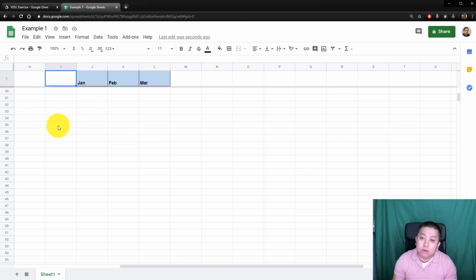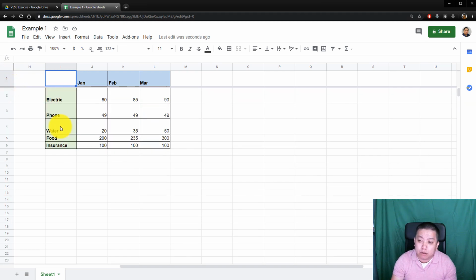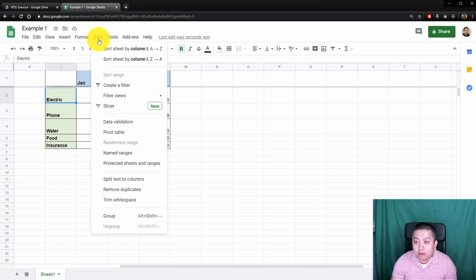Okay, so that's what it means by freezing a row. So in order to sort, I would need to freeze row 1 first, and then now I can sort. So I want to sort my bills by alphabetical order. I can go to Data and then sort my sheet by column A from A to Z, so that's in